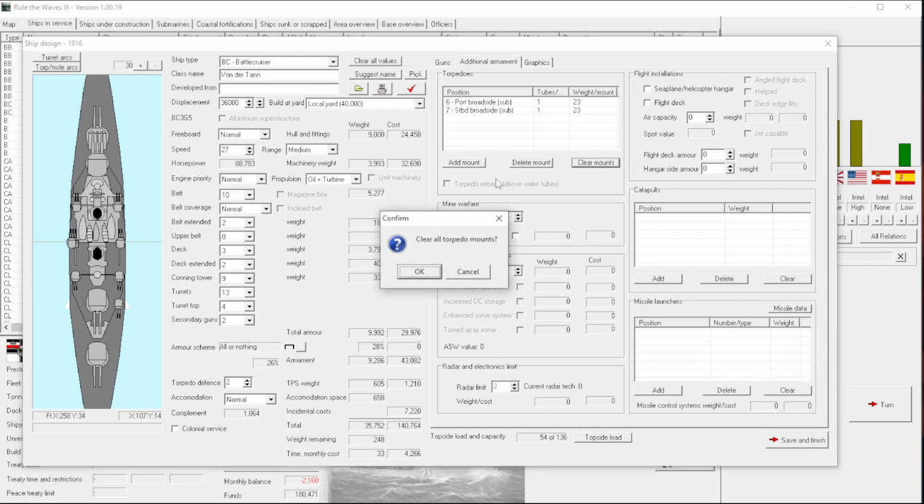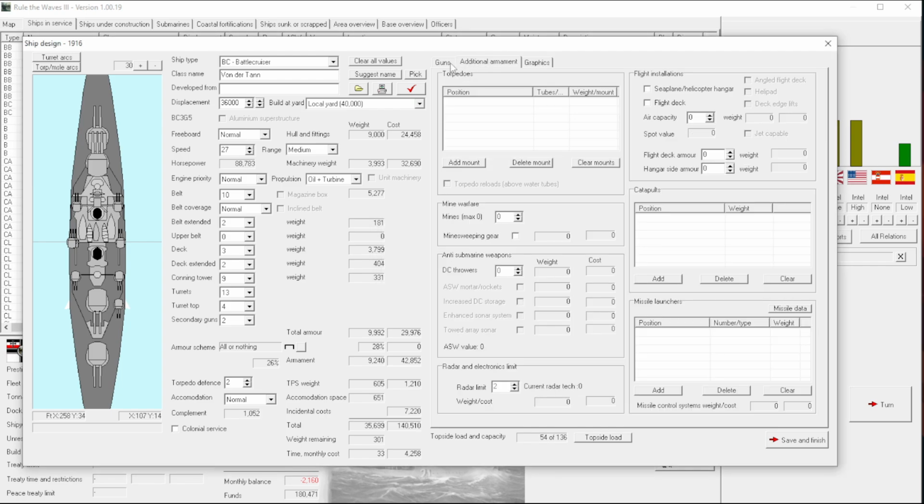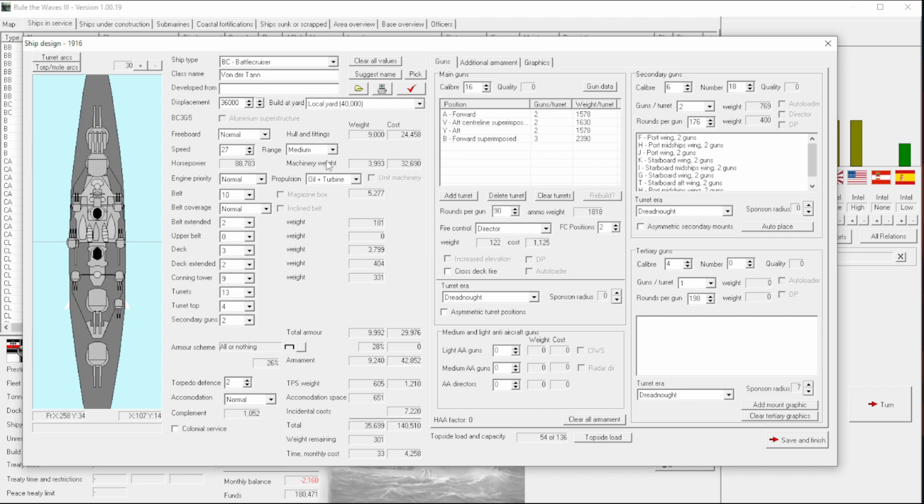And we can clear the torpedoes. I think it's another thing we won't need. And this is medium range too, which makes a lot of sense for battlecruisers. We're at the point in the game, by the way, that I think we'll probably be keeping these ships for a long time to come, even if they start slowing down. I mean, it just doesn't make sense to me how this thing is...